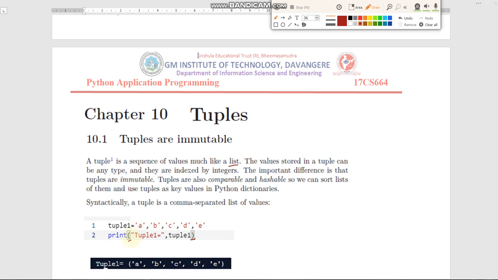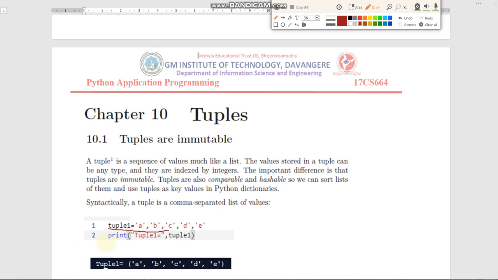In case of tuples, the elements can be enclosed inside parentheses like this, or the parentheses are optional. See here, we have declared the tuple tuple1 and initialized it with all these elements, but we have not used the parentheses, so using the parentheses is optional. This is how we create a tuple.